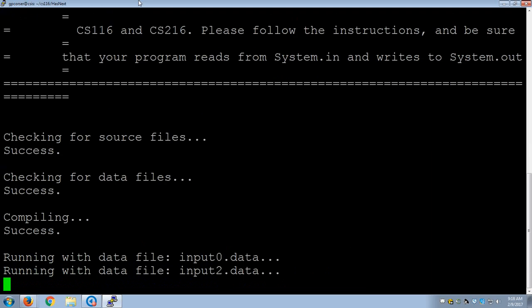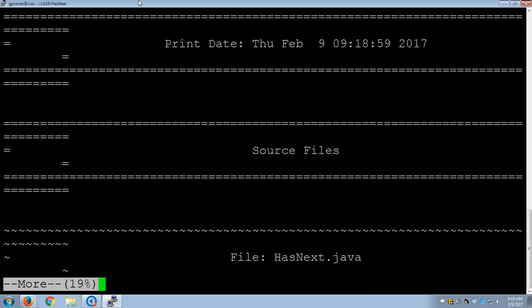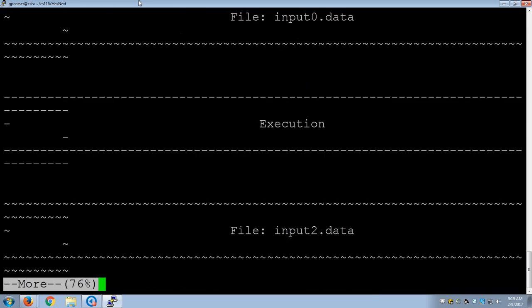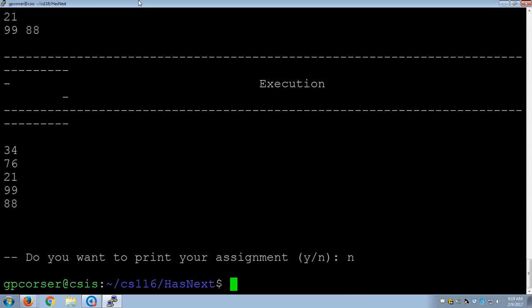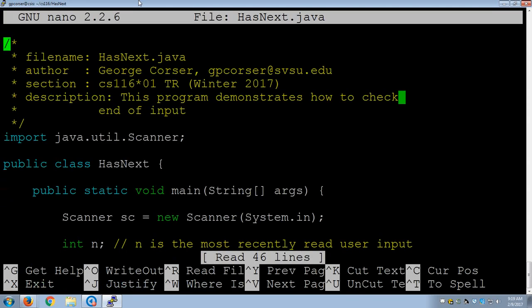I mean, it's the same output, so it's nothing really. It's basically different ways of doing exactly the same thing. So we did a